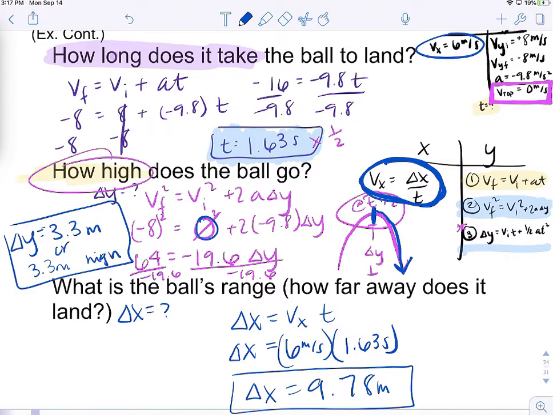One last thing I want to mention is a common mistake I see in these problems, which I actually guess I'm not going to tell you because I can't zoom up. My iPad froze on me again. But